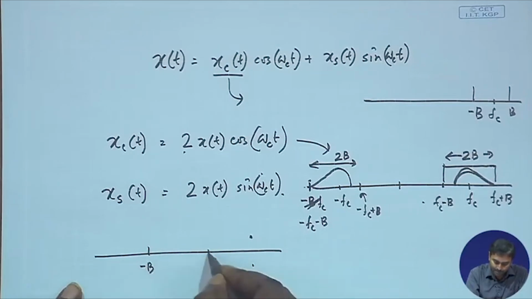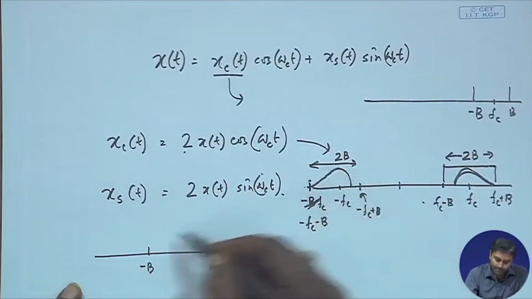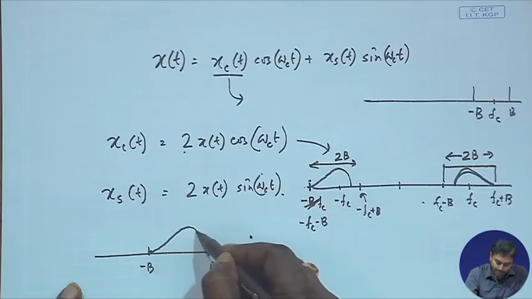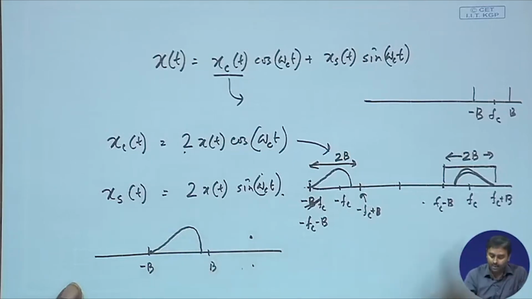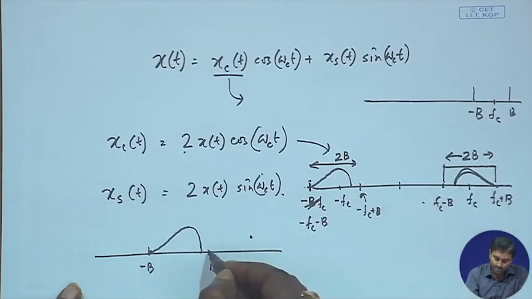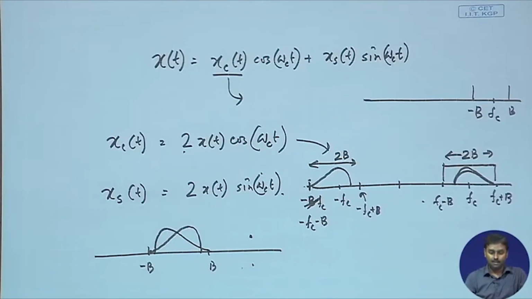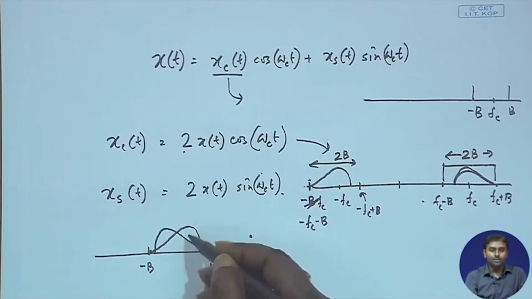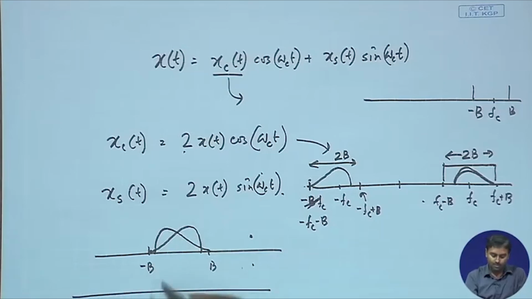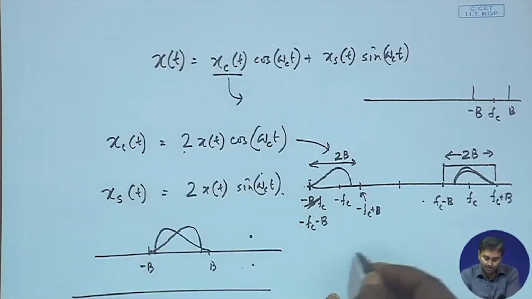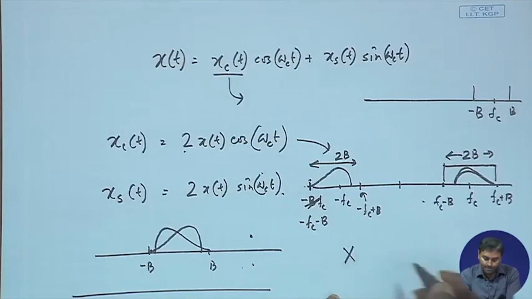From minus b to plus b, this particular pattern will be repeated, and from this to this, this particular pattern will be repeated, right. It is the addition of these two which will be the xc. Okay. So, if I just take a Fourier transform of this, so Fourier transform, let us say